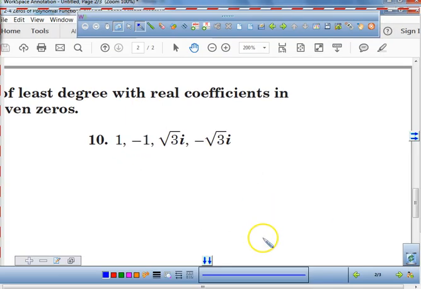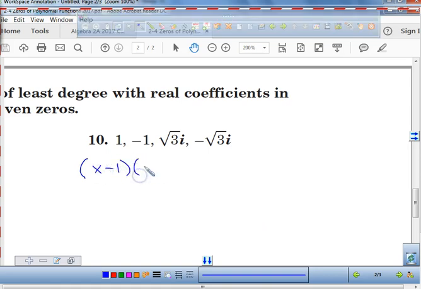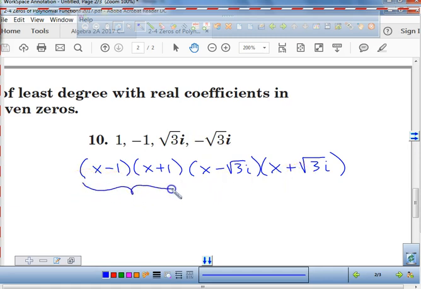Number 10 is very, very easy. It's going to be an x minus 1 times an x plus 1. It's going to be an x minus radical 3 times i and an x plus radical 3 times i. Because if I take away a negative, it makes it a plus. So what I'd like you to do,